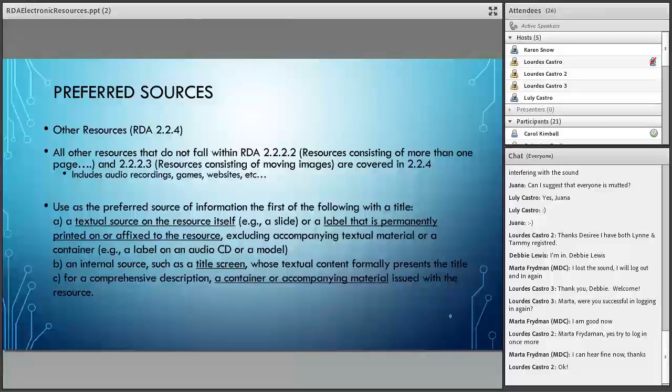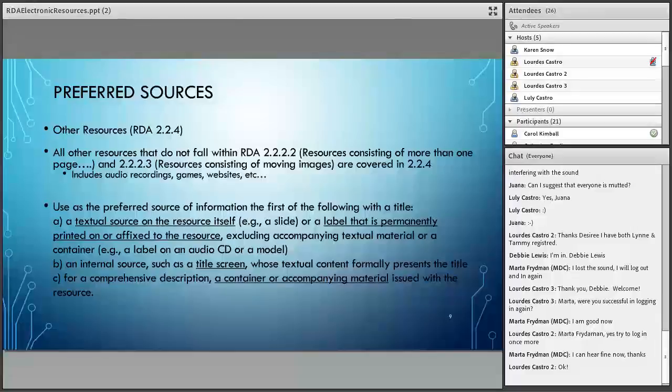And then with the ebook, you use the title page, right? So you use the title page and you transcribe that normally. Now, for the title source, as I mentioned previously, if you take the title proper, well, sorry, let me back up.